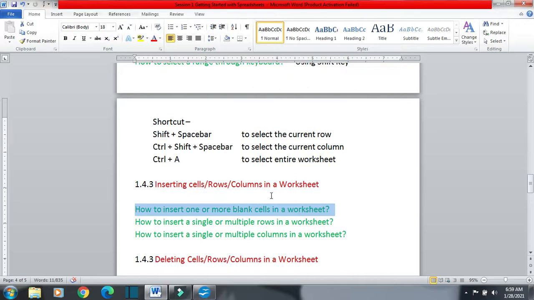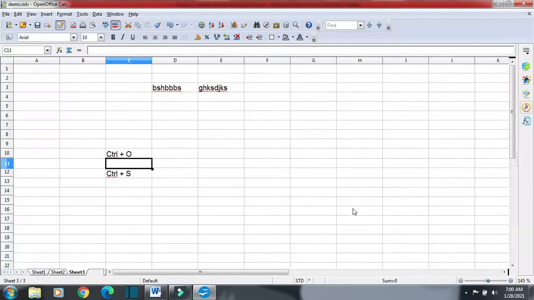Now one more thing, if you want to add more than one cell, again we will come here. Suppose I want to insert 2 cells, so I will select these 2 cells.